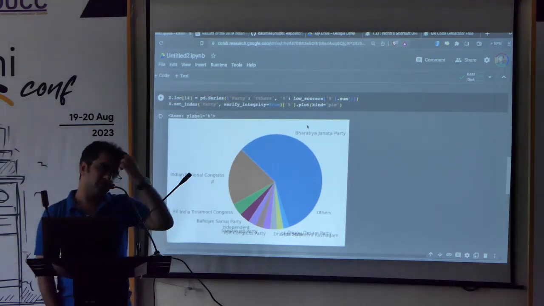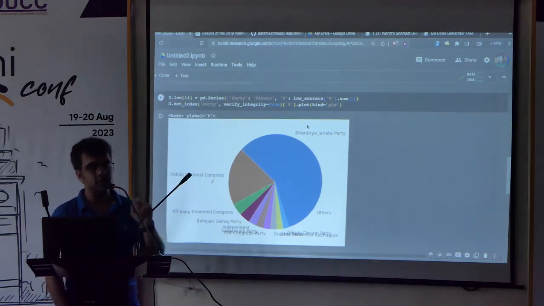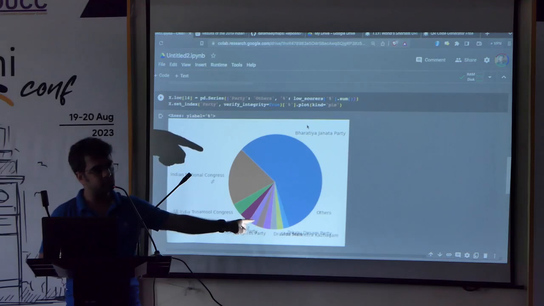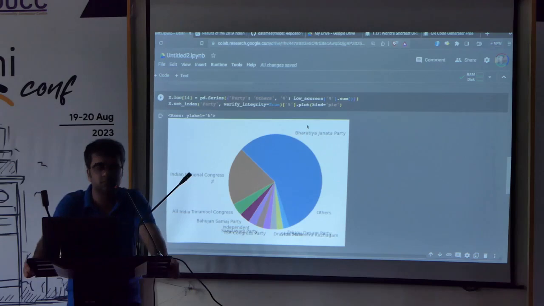But here's again the problem. Others is suddenly becoming big, right? It doesn't really matter. The problem isn't that others is becoming big, but the pie chart makes it so obvious that it looks a little distracting. In general, pie charts are very bad, especially if you have more than 5 or 6 sectors. No matter, I could keep on increasing and decreasing the threshold, but I'll more or less keep running into these problems. So what's a better